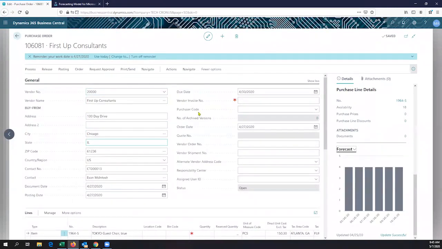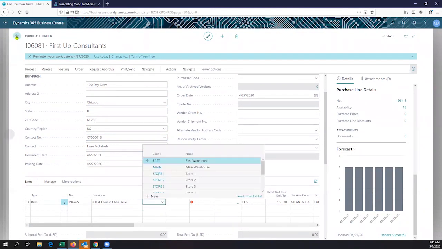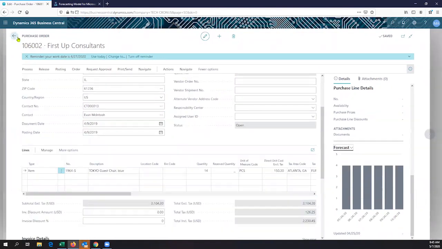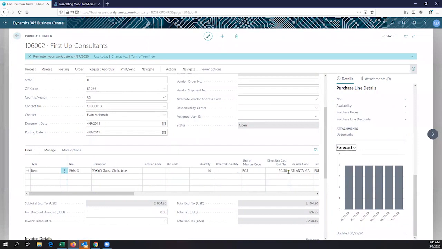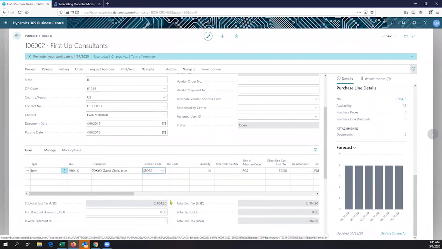I don't have any, I'm just ordering, and the purchaser might have a suggestion if he needs it. So he might see that if you add a location code, for instance, for your store, then the store one in this example, and you then change the quantity. Well, in this case, if you have some demand, you can see immediately in your actual purchase order if you don't have inventory, and we can actually